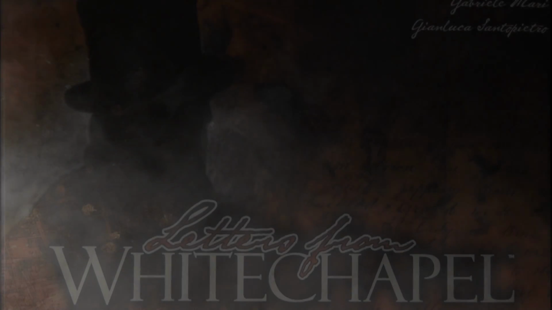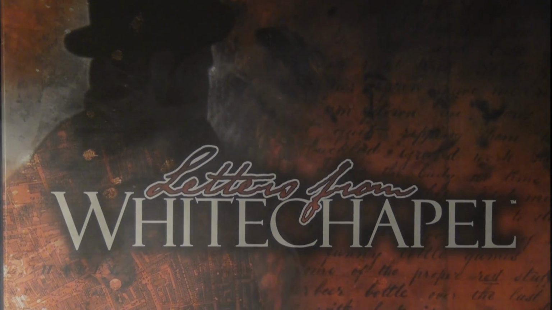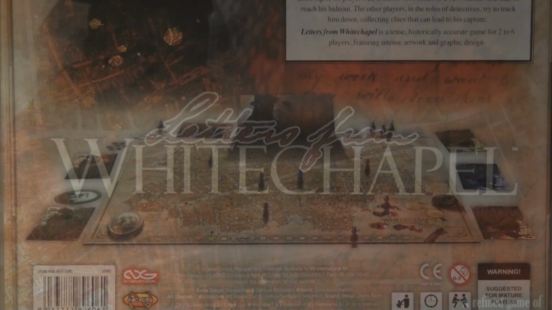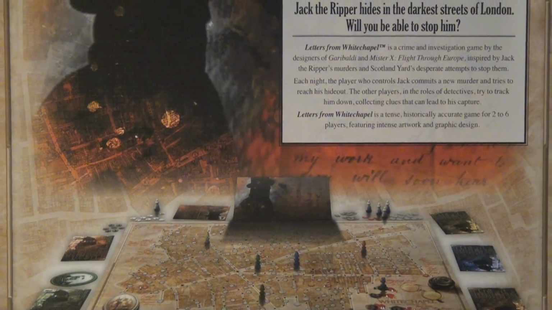Welcome back to another edition of Components Breakdown. Today, we are going to take a look at the 2 to 6 player deduction and bluffing game called Letters from Whitechapel, which centers around one of the world's most infamous and unidentified serial killers of all time, known simply